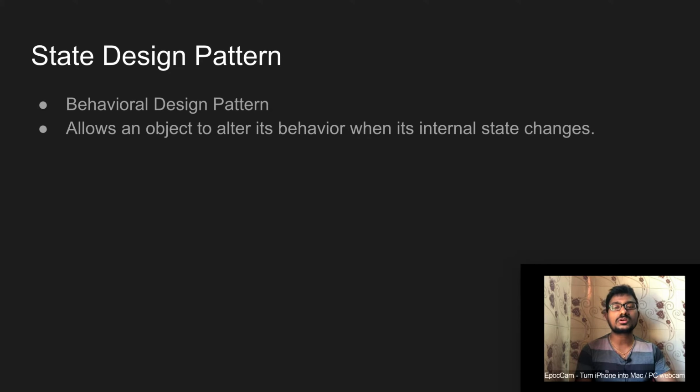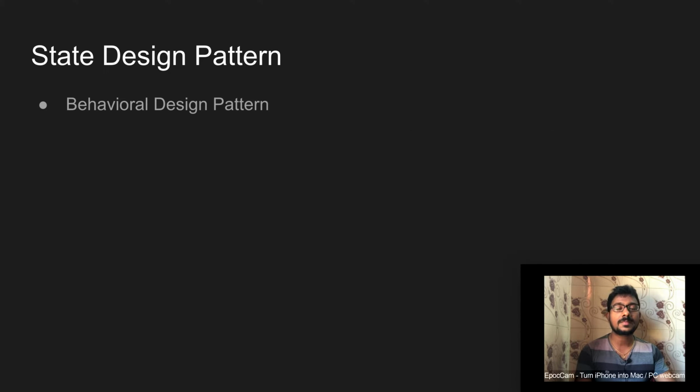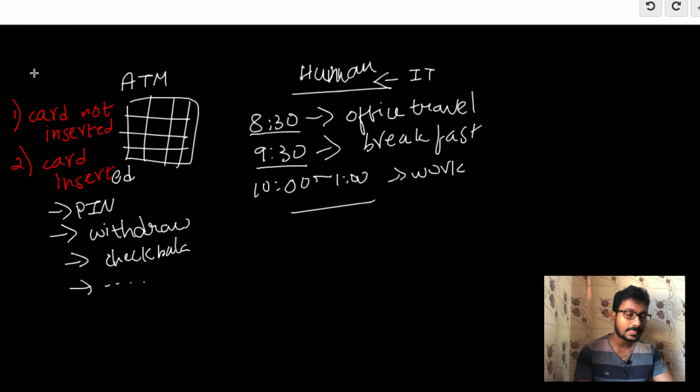We will try to cover these points with these examples. So the first point is behavioral design pattern. State design pattern falls under behavioral design pattern. The reason behind that is, based on state, the behavior is completely changing. Here, with card not inserted, you can't do anything; you can just view the promo videos on the ATM display. If you have inserted your card and given your correct PIN number, then you could use withdraw, check balance and other features also. So based on internal state, the behavior is completely changing,